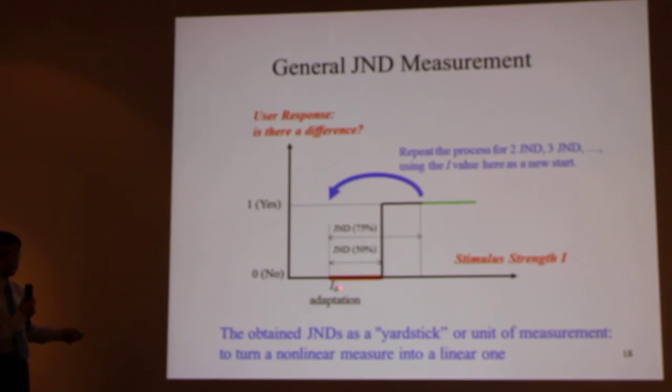This is the adaptation point. Then you increase the strength of the signal. Initially, there is no change in perception. You cannot sense any change, right? And then until you reach a certain point, then you sense the change. So for this JND, if it's 50%, probably when you reach this point, you start to have a jump. If it's 70%, then you actually have to